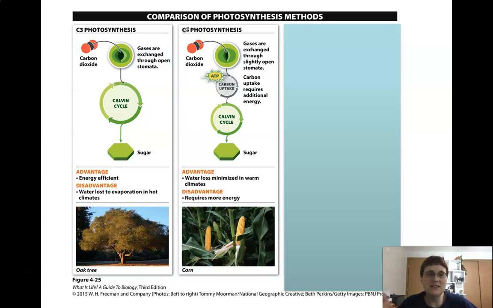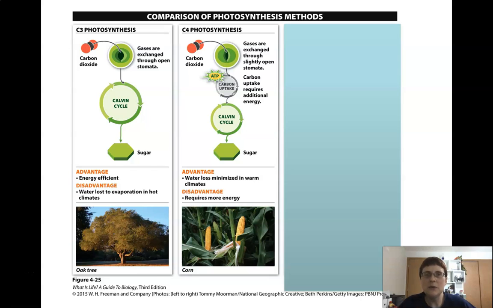it's 4 because it's taken an extra step. They bring in carbon dioxide through the stomata, but they keep them partially closed. So you can see the difference. These are fully open, these are partially closed. And what they've done is spent some ATP, you can see they've spent some energy to make what's basically carbon